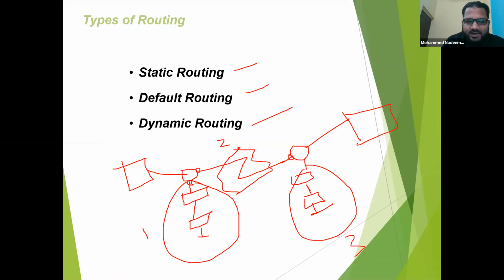What are the directly connected networks here? Can I say LAN 1 and the WAN? These two are directly connected networks. If I go to the other router, which networks are directly connected? LAN 2 and the WAN. Am I right? Yes.